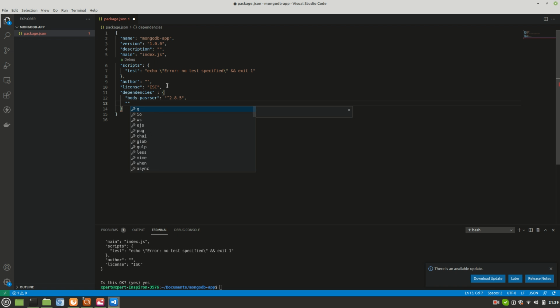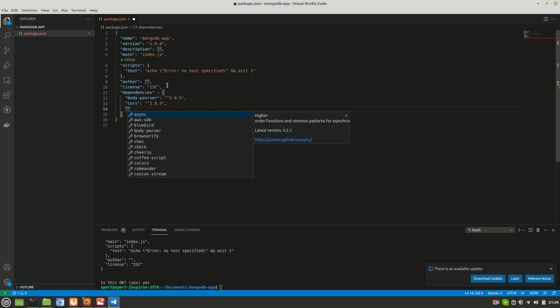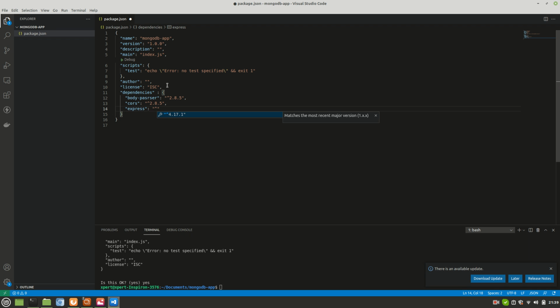Then we need CORS, which is for cross origin. These are the minimum dependencies that I'm adding. We need these. Then of course Express is required, 4.17.1.